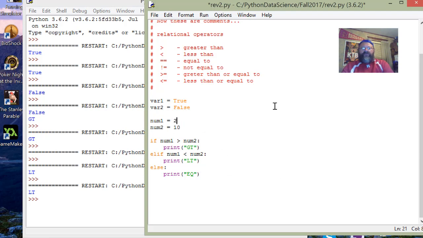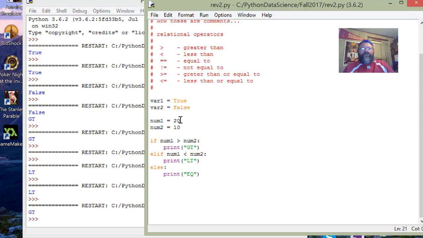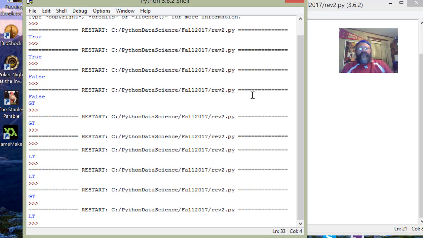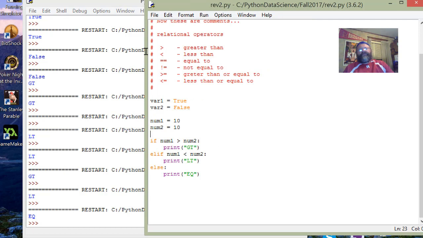First test we want to do is with 20. So, yay, greater than, works. So now I try it with 5. Now it's less than. Now the big test. They're equal. What's going to happen? We get an EQ because they're equal. Okay? So the whole reason I'm showing you this is so you can see some Boolean variables in action, but